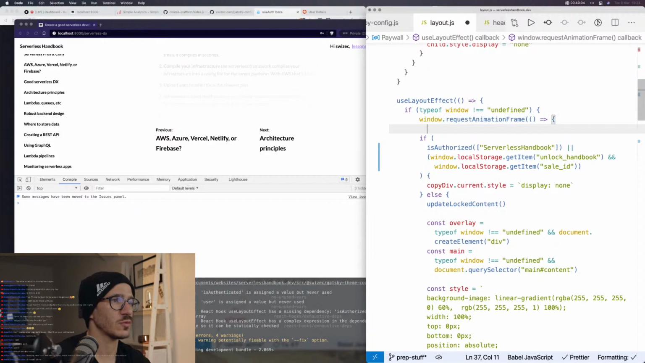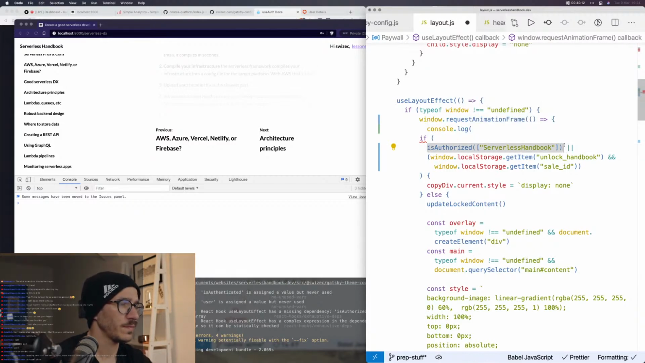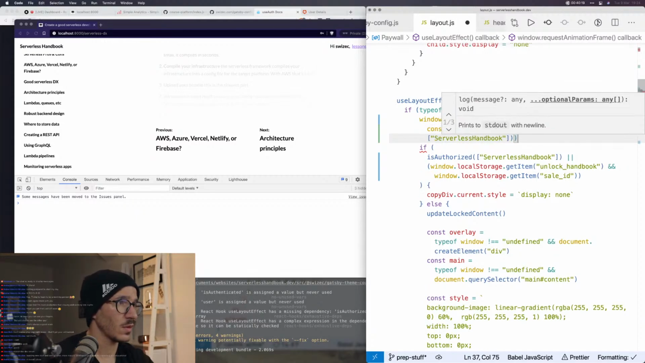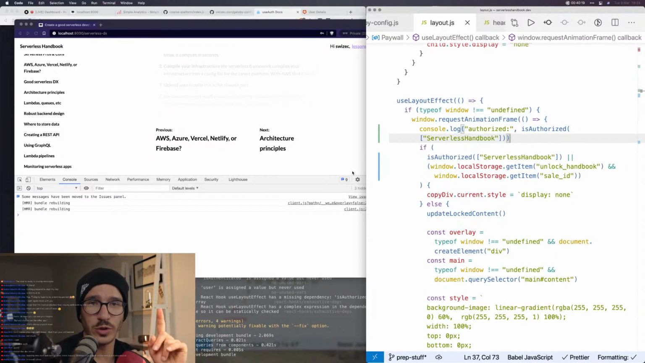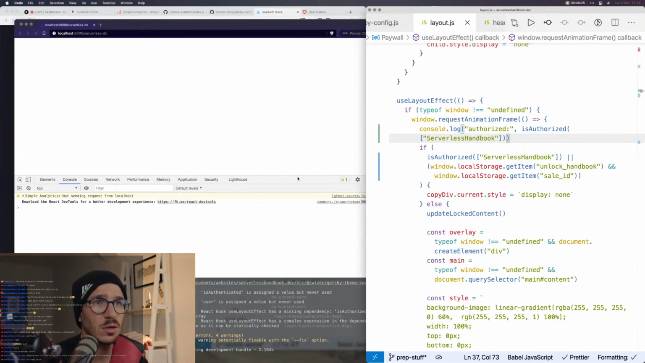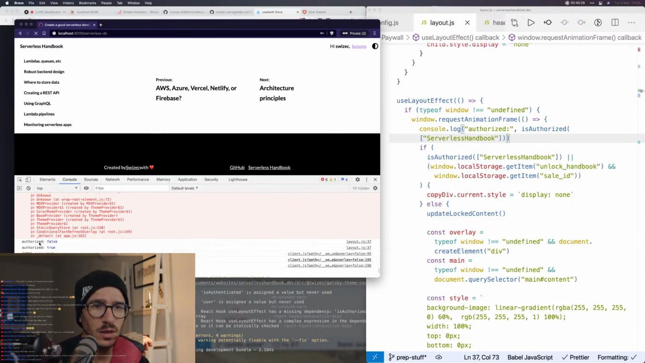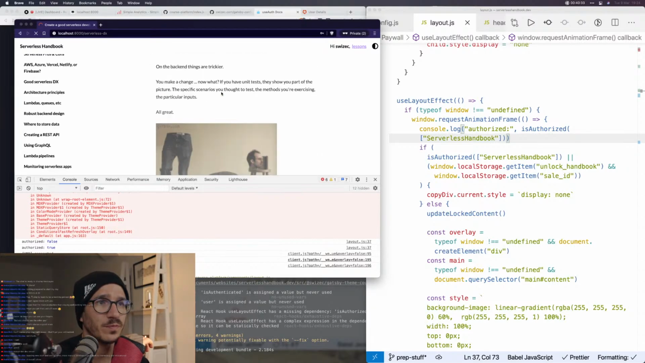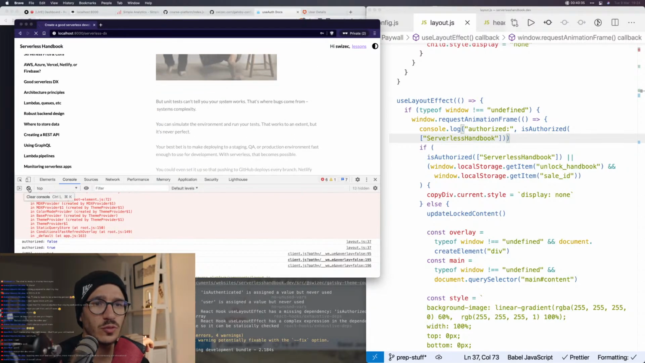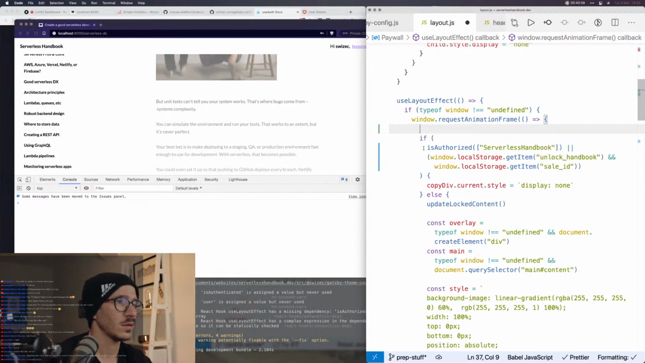Now let's see if this runs twice. Console log, and we're gonna say authorized. Let's see. Now we're just testing if it runs twice, or twice is how many times it's supposed to run. Aha, authorized false, authorized true. Cool. So now that it's true, we need to make sure